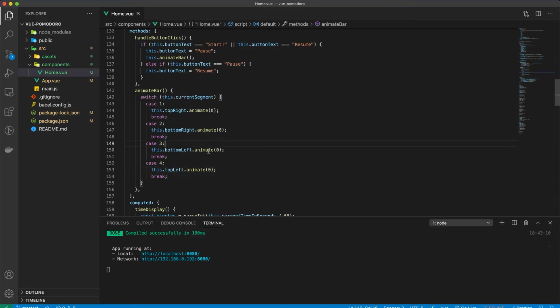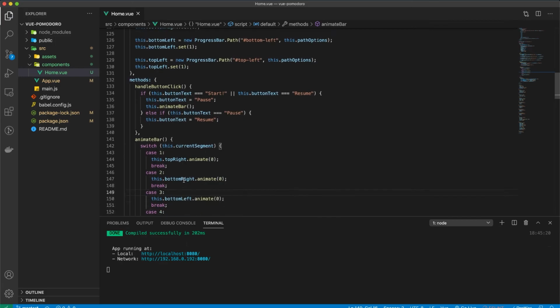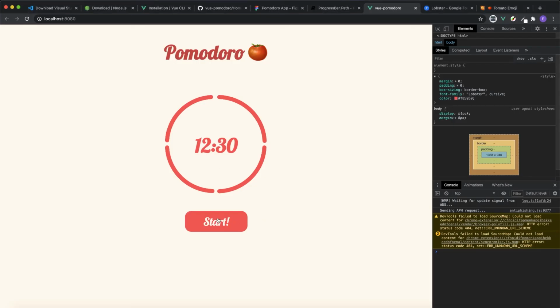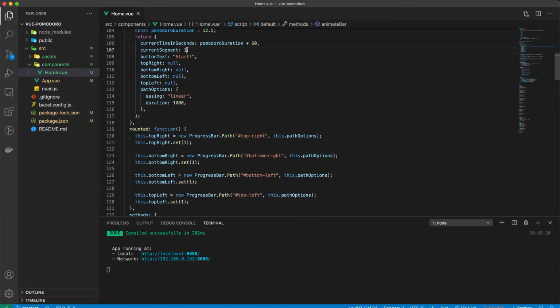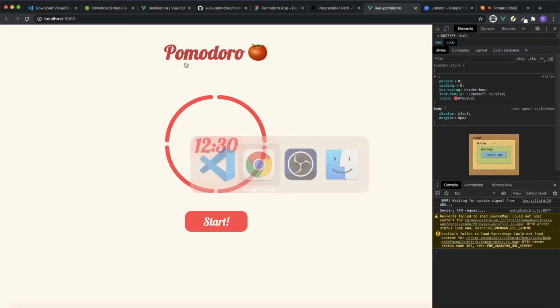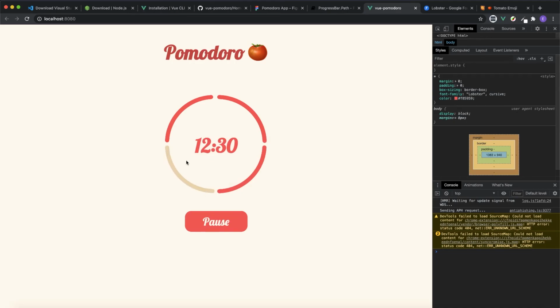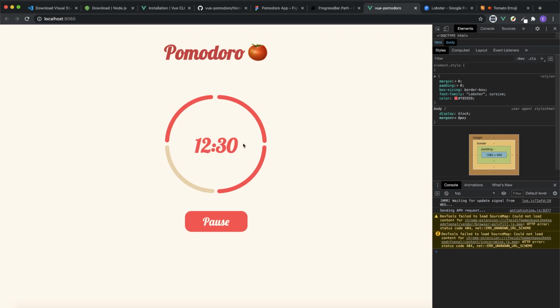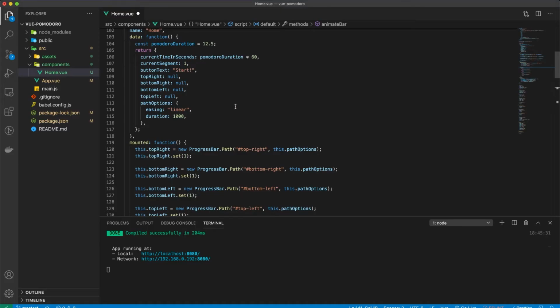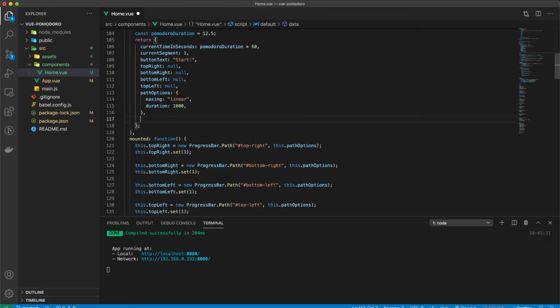Now if we hit save, it should animate according to the current segment. So if we hit start, it's going to animate the first one, but let's just say we are on the third segment and we hit save, it should animate the third one. Okay, so right now we have the animation working, but the time display is still static, right? We have to make sure that it changes accordingly, and we have to make sure that the animation is actually according to this time. So what we can do is create an interval, and this is going to be null